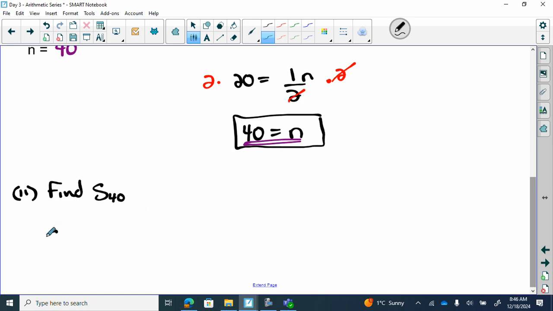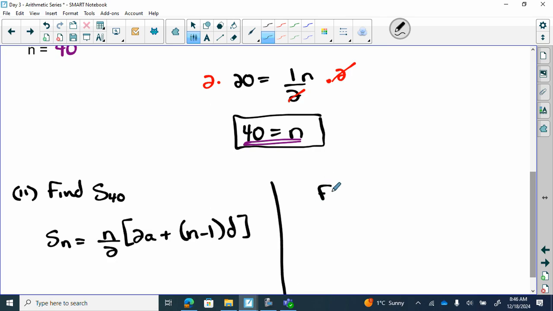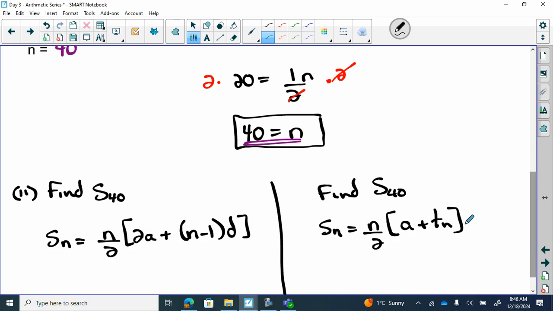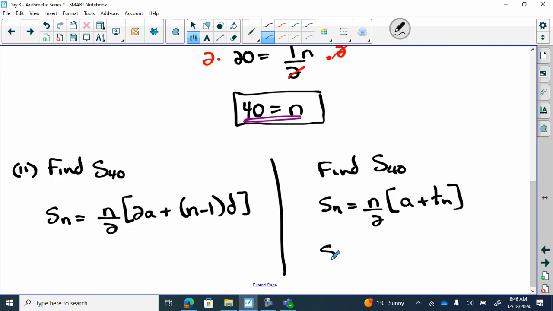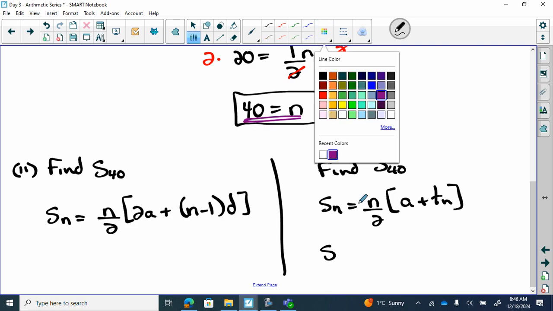I'm going to take the Sn formula. Now in this case, I could use either. I could use this one, or I could use this one. Thoughts? Which one would you go with? The shorter one. Me too, John. I would go with this. I would say S40